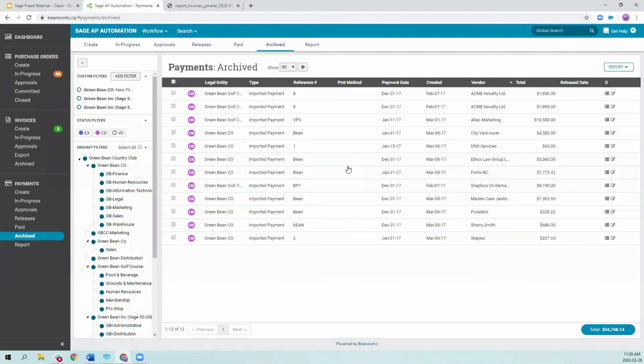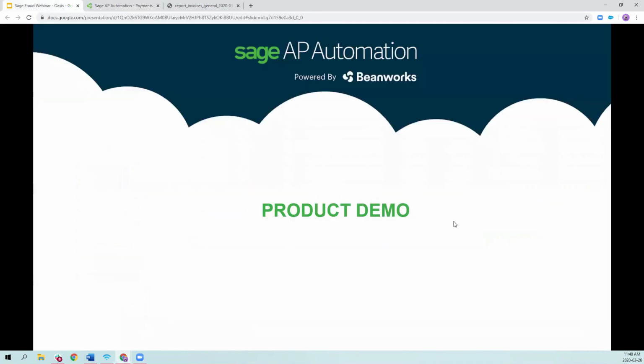So that wraps up the demo portion of this presentation. Hopefully that was informative and helps you think about how this system and having your process automated can help you streamline your process as well as de-risk your chances of being frauded. So if I jump back now into the demo,